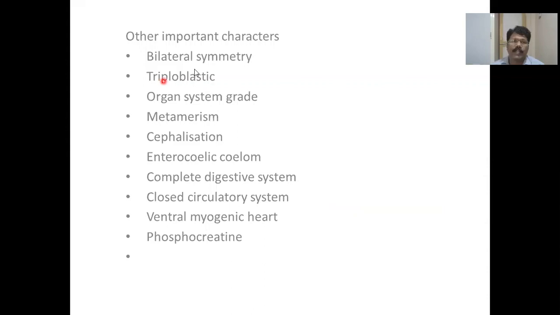And another important character is bilateral symmetry. We know what is bilateral symmetry, and they are triploblastic. That means three germ layers will be there, and they show the organ grade. And metamerism. Metamerism means all the body parts are segmented. That means the body shows some kind of segmentation, and these segments are known as metameres, and all the body parts